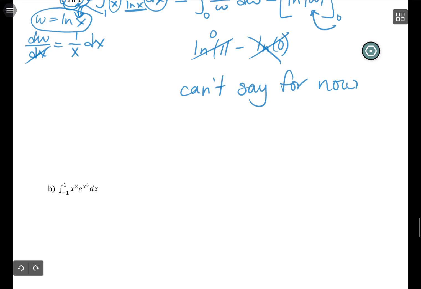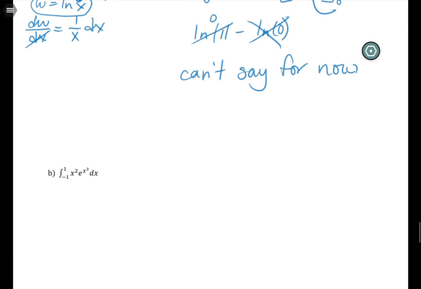Okay, so let's do one more, hopefully with good limits of integration. In fact, definitely, because